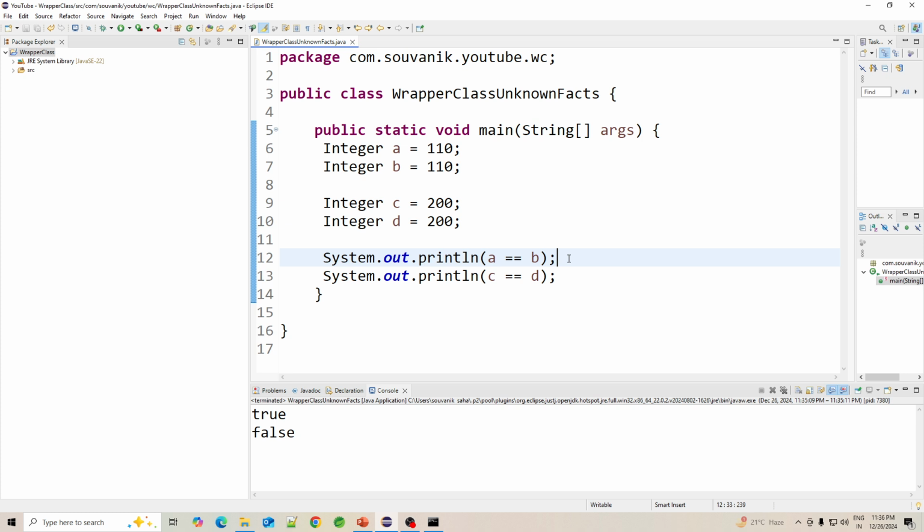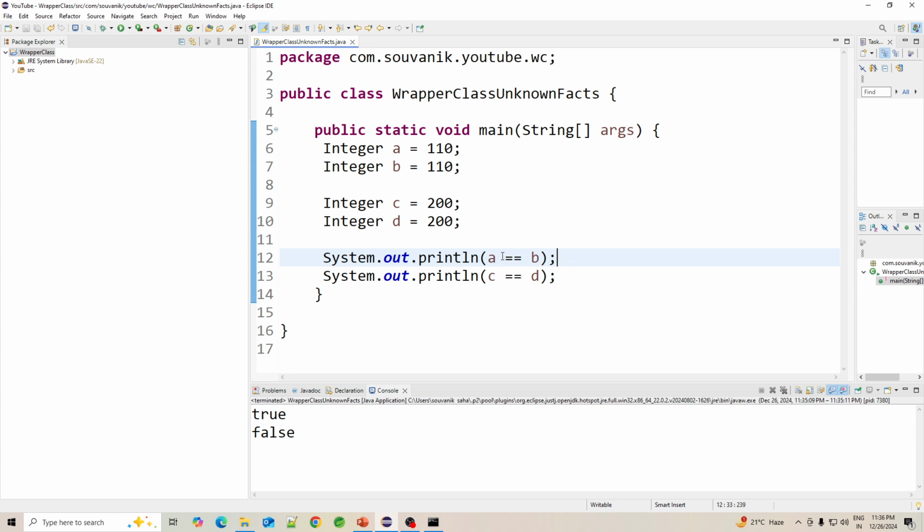For Integer the range is minus 128 to 127. Within this range, if you are comparing values which have the same value, you will see that it gives you true, because it will not create any new object, it will reuse the same value.